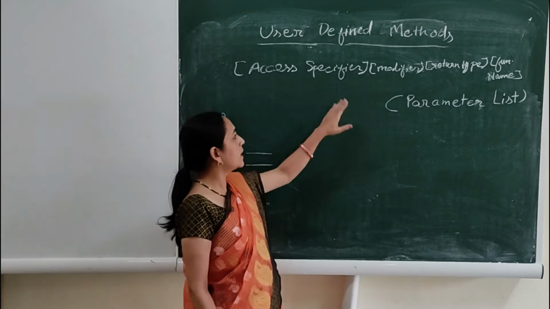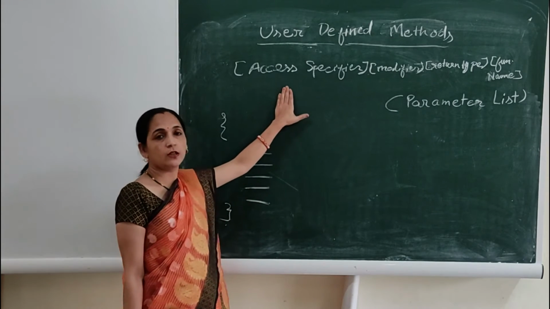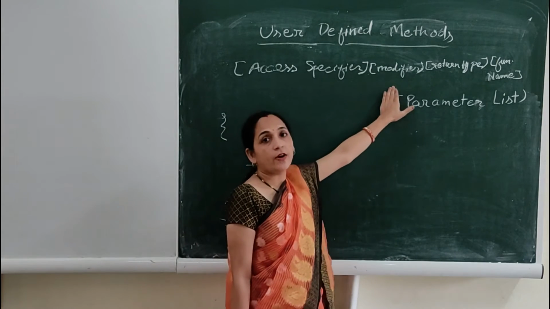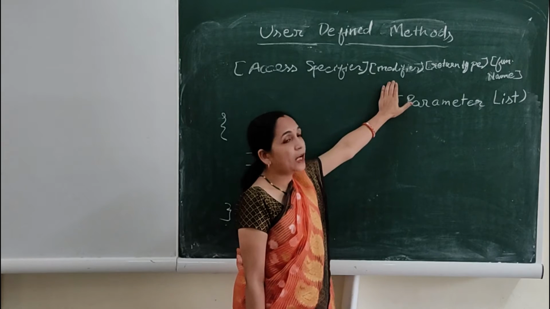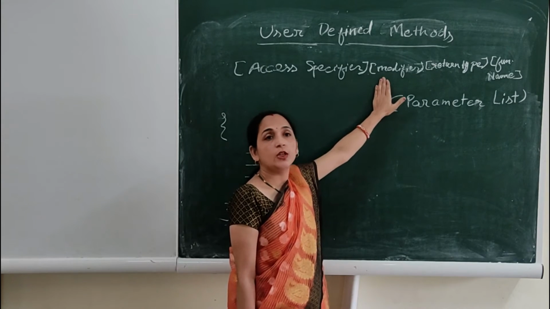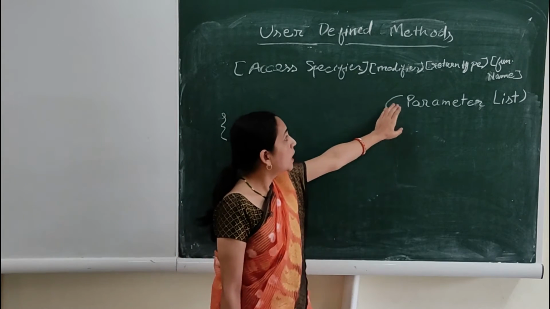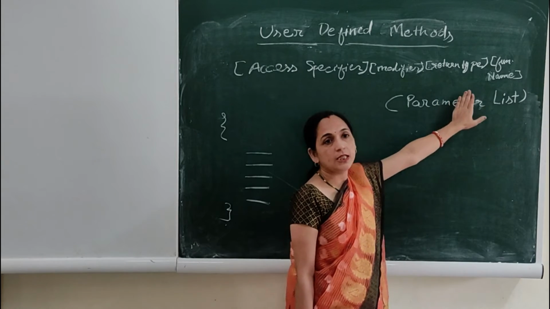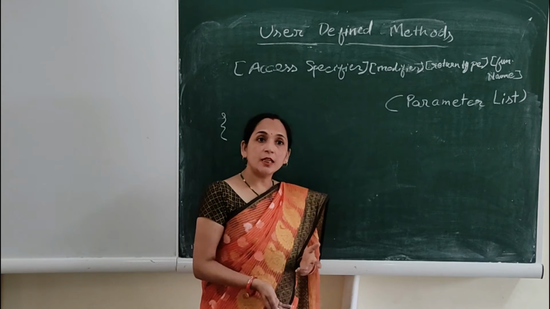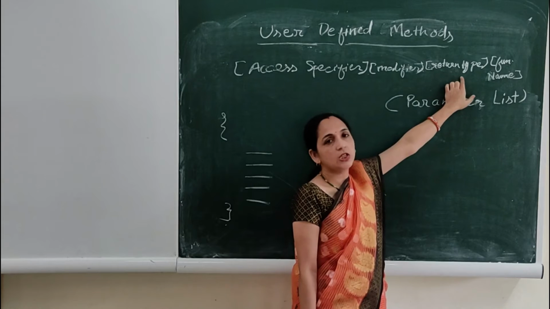The access specifier is public, private or protected, which tells the accessibility of your function, where you can access it. Then modifiers like final, synchronized, volatile. For example, you can use final to finalize your method, so that method's code will not change during execution of the program. Now return type: if your function after execution returns a result, the return type is the type of value it will return, and you mention it here.